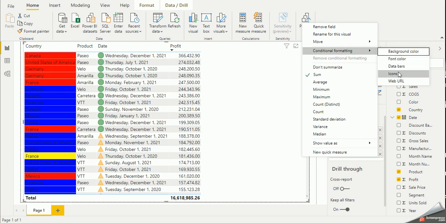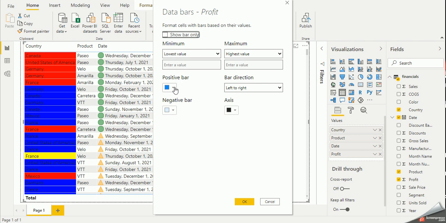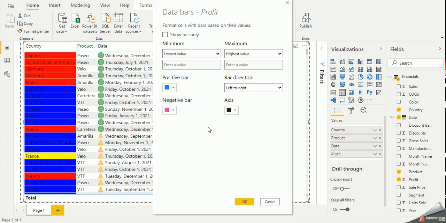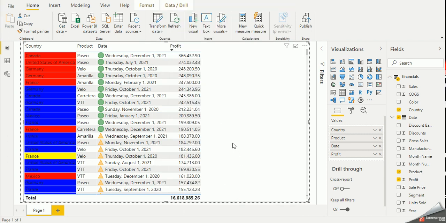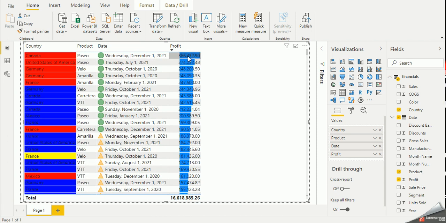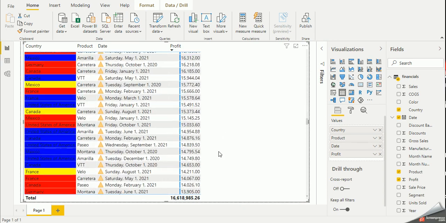For conditional formatting, you select the data bars. Okay, you will define that if my value is positive, it will show an increasing bar from left to right, with the color dark blue, and I will change the color to some pink purple shade, and the negative bar will grow from right to left. Now if I apply, you can see that the most increasing bar is with the highest value, and it is coming to the lower side.